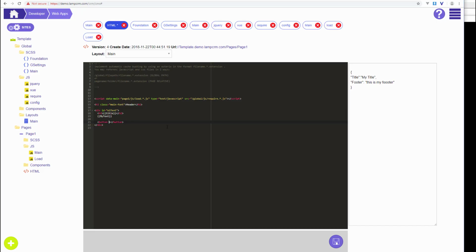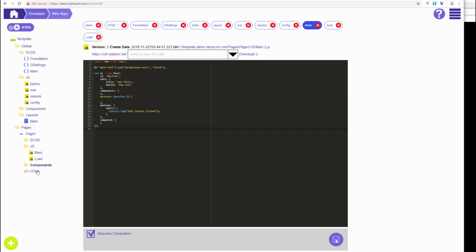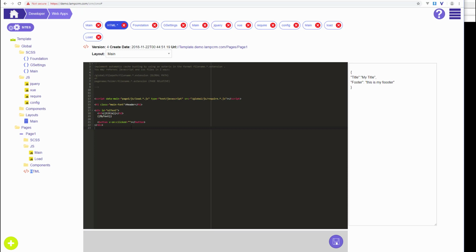Using the view notation, v on, clicked, and we'll use the function here, edit, and this should change our background. Change background. So now there's an issue with this because